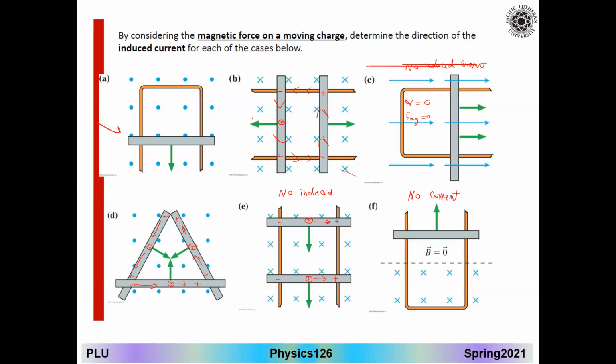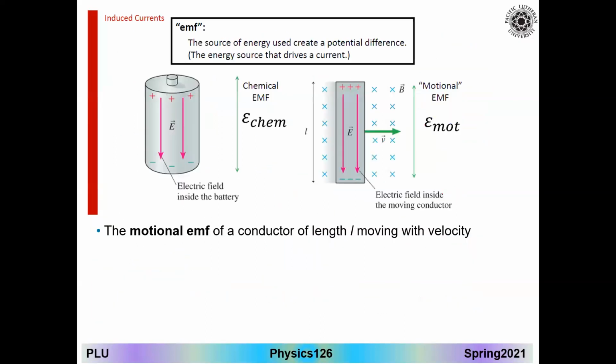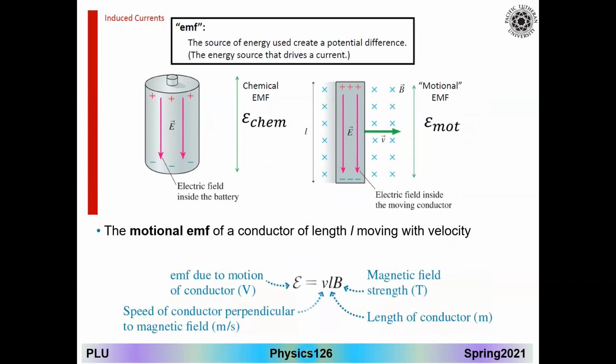So basically, now we identified the directions. Now we need to calculate it, or write down a formula to find the magnitude of the motional EMF. Last time we talked about this, where the directions of the positive and negative charge create a battery inside the conductor, like the chemicals. Now, depending on some parameters, that's the formula that you need to calculate. We call it the motional EMF, or sometimes delta V motional,